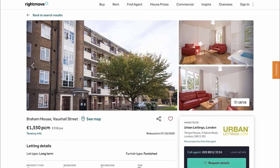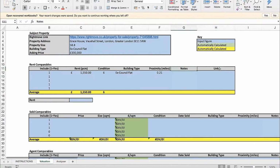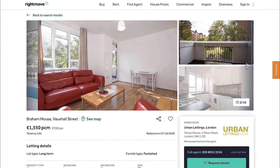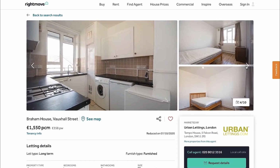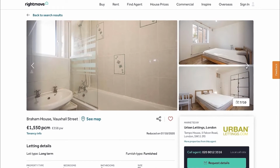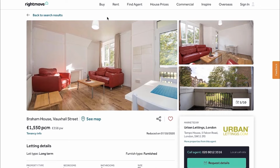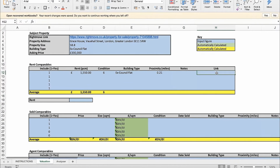In terms of the notes section and the link, here you just have to add the Rightmove link. And in terms of the notes, there's nothing particularly I want to add. It seems like a very, very standard property. There's nothing I need to make a note of. So again, you can just take this link and input this link here, and now you have the link for